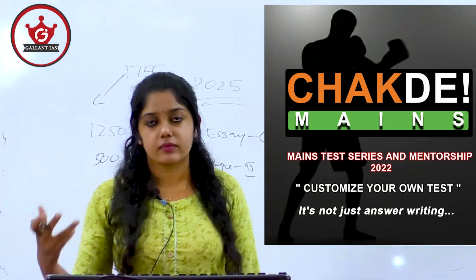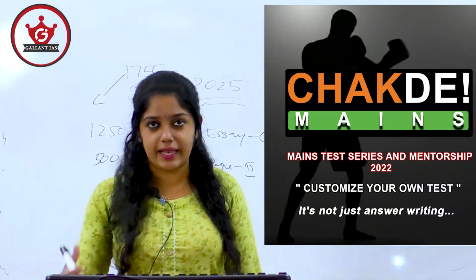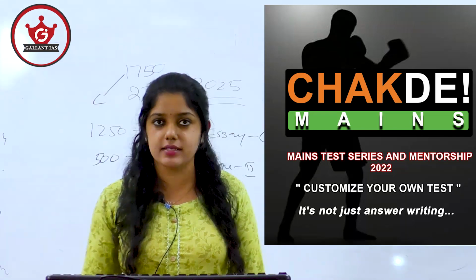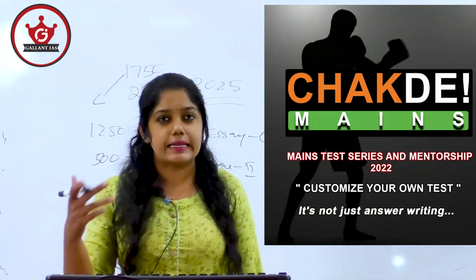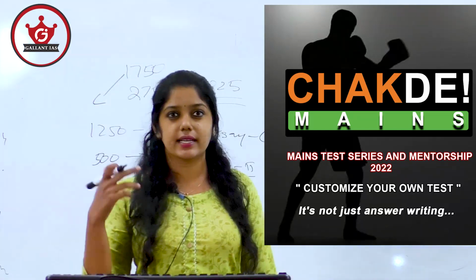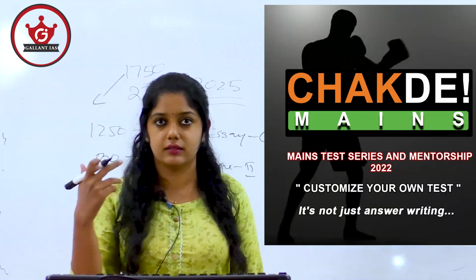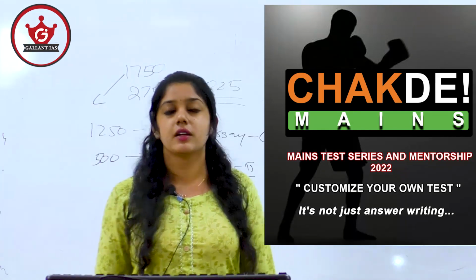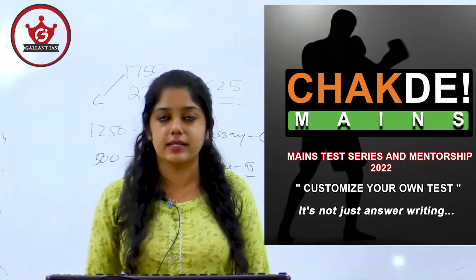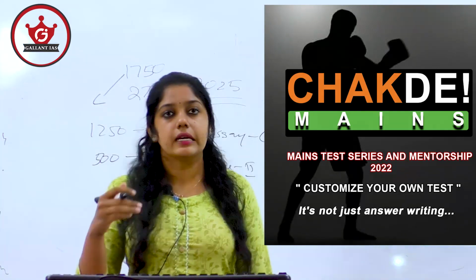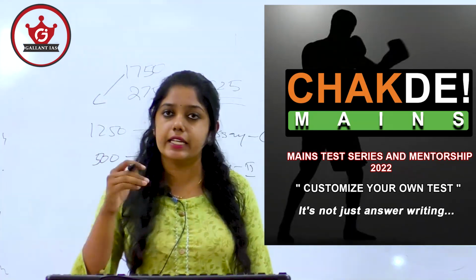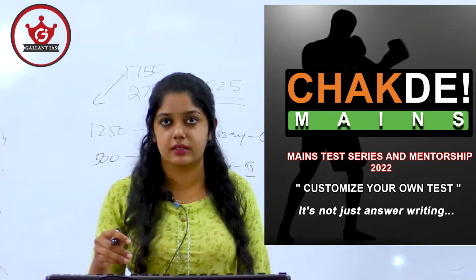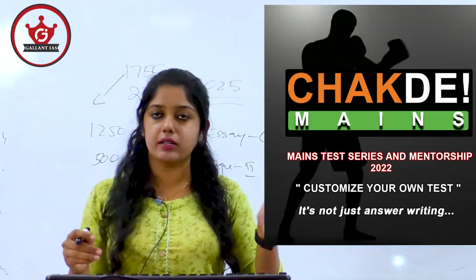See, we had the Chak de Mains first bell. We have three bells in Chak de Mains: first bell, second bell and third bell. The first bell is a kind of alert. What is meant by alert? It's a kind of making aware that something is going to happen. In that session, it was a 30-day program, and 20 plus tests were conducted, including performance assessment and value addition. It was conducted daily and that part is over.